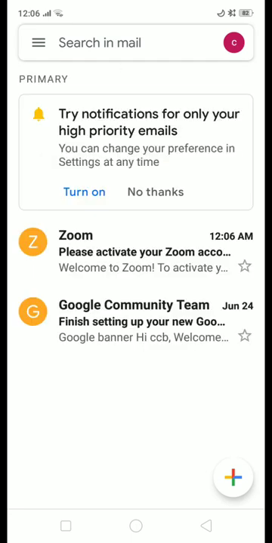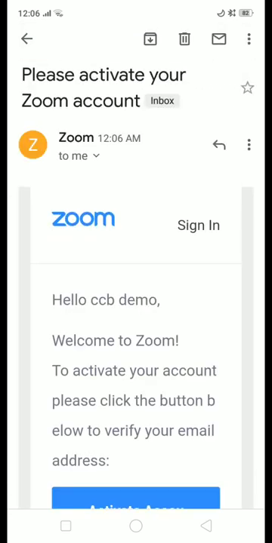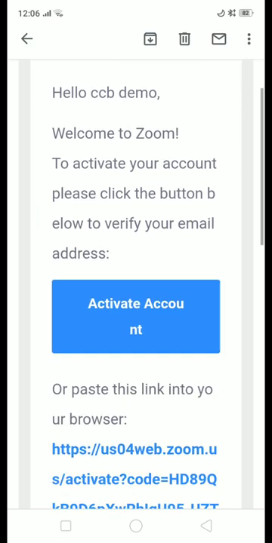Okay, here you can see that we have got a message on the Gmail account which says please activate your Zoom. After clicking on it, you will open the page in which they have given a welcome message, and at the bottom you can see they have asked you to activate your account. So click on activate account, that is the blue button.